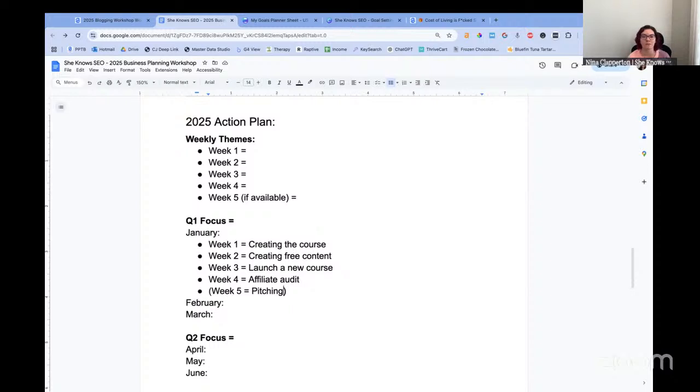So this is not by any means something that's completely set in stone. You're going to adjust a little bit, but I want you to take a minute right now to go through and set up your January. If you feel comfortable, you can also set it up for February and March. Just copy and paste what was here. I'm going to clean this out because this is the one you guys are making copies of. But just copy and paste it. If the month has a week 5, put that in.